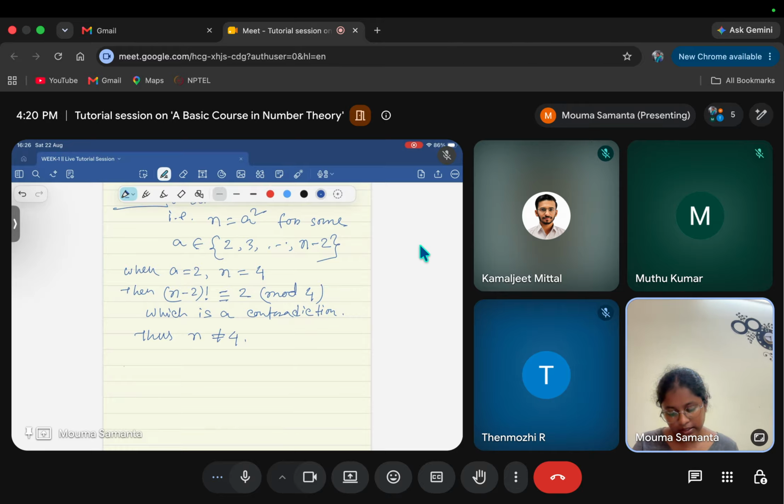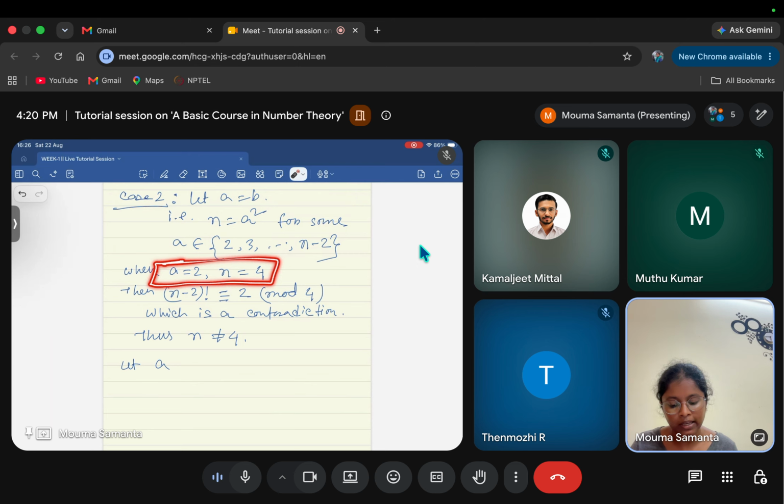Now let a be the smallest possible case such that n has the form n equals a square. Now take, why are we considering this? Actually this is the proof I have done. You may have some different way to prove this question, but